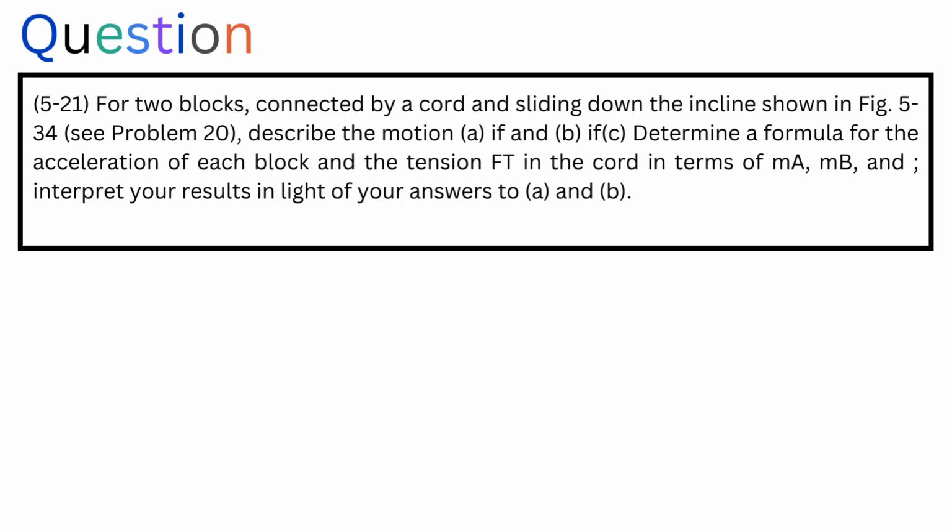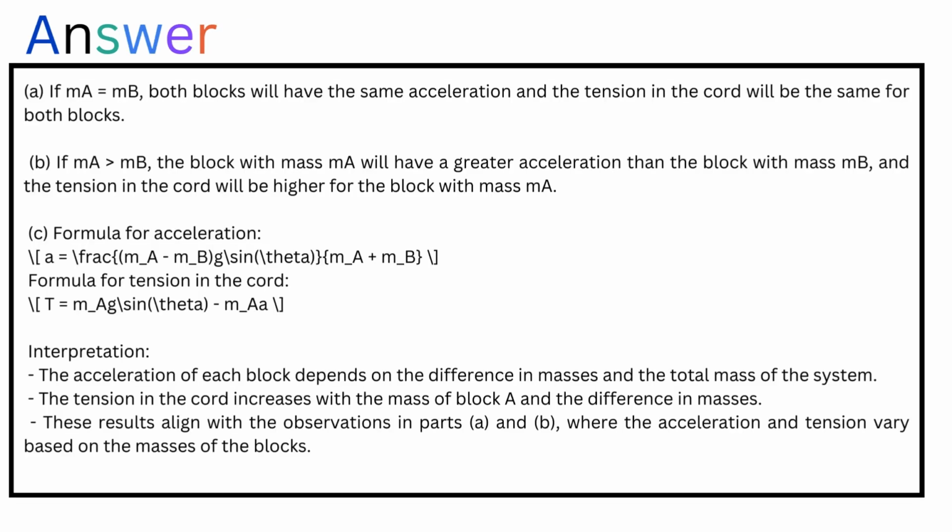For two blocks connected by a cord and sliding down the incline shown in figure 5-34, see problem 20, describe the motion (a) if μ_A < μ_B, and (b) if μ_A > μ_B. (c) Determine a formula for the acceleration of each block and the tension F_T in the cord in terms of m_A, m_B, and θ, and interpret your results in light of your answers to (a) and (b). The correct answer is: